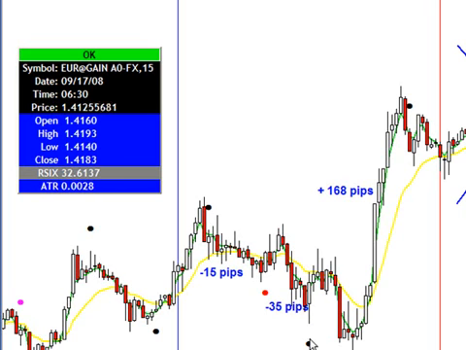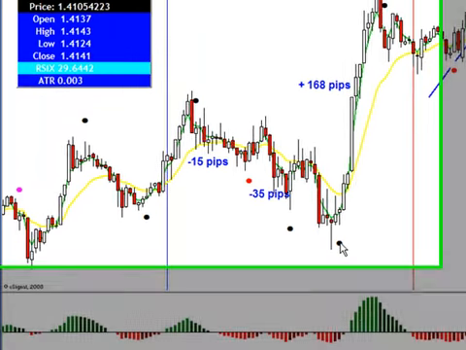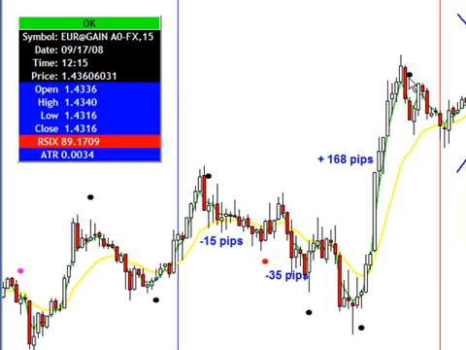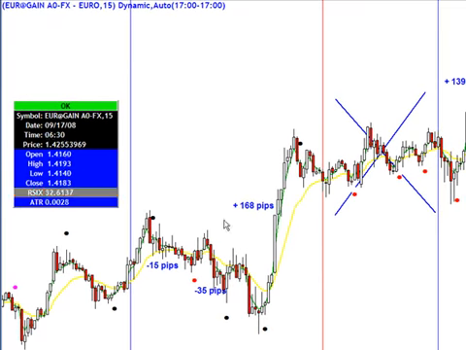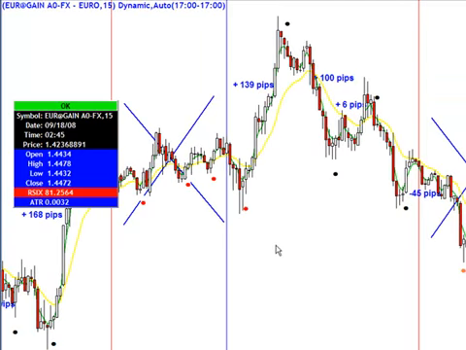This was not a valid counter trend dot. As you can see on the cursor window, it simply was not oversold at that point. But the next counter trend dot to signal was oversold. We entered that trade and exited on this opposite dot right here, 468 pips. Total for that day, 110 pips. The next opportunity to enter was at this buy with trend dot, and we entered that trade and